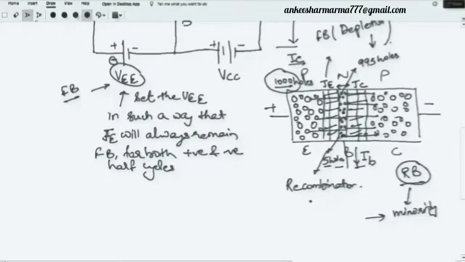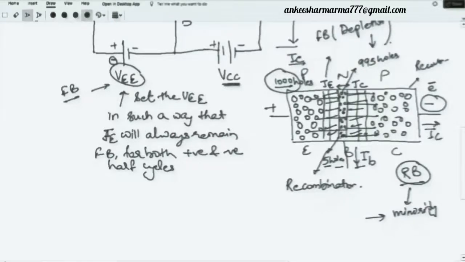Now look here, we have negative over here. It means whatever the holes we have, we can supply here an equal number of electrons due to the reverse biasing or due to this VCC. Equal number of electrons will be provided, and due to that recombination will start occurring. Recombination will happen here in the collector region, and due to that recombination we will find a current